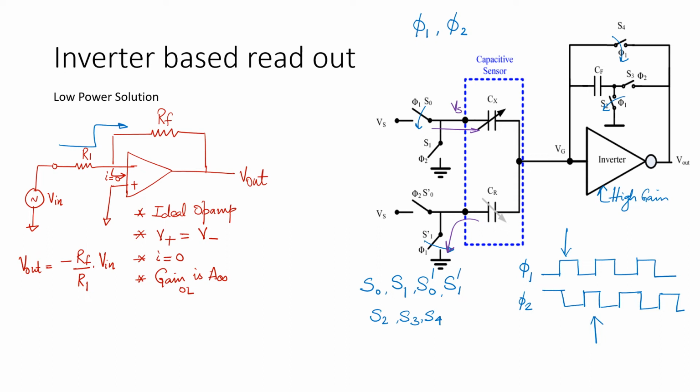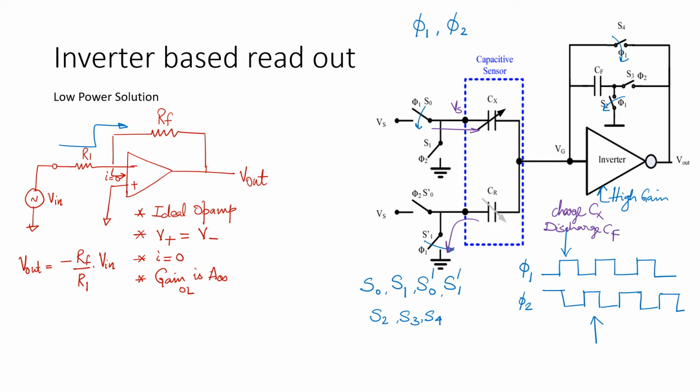Next, we will see what is happening in the switches S4 and S2. So when S4 is turned off, all the voltage that is there at VG goes to Vout. And when S2 is turned on, all the charge that is there on CF is discharged. So this can be more easily called as: it is charging the capacitor sensor but discharging the CF. So it is charge CX, discharge